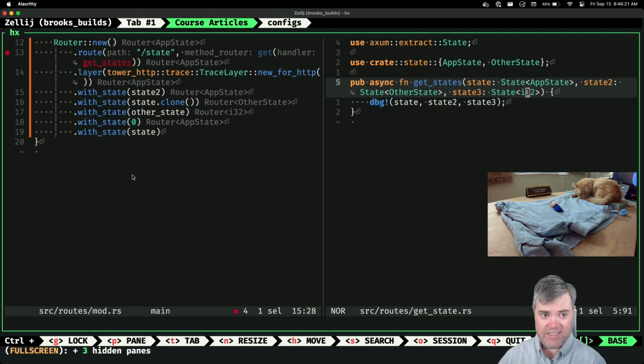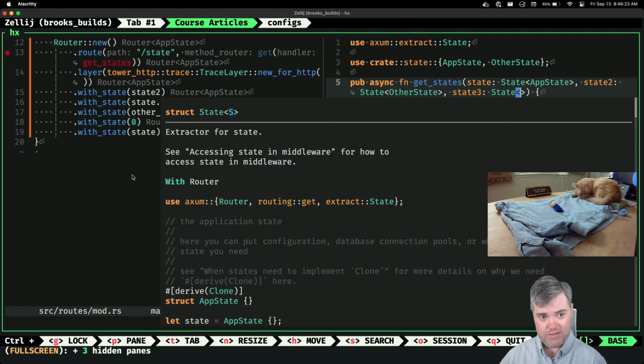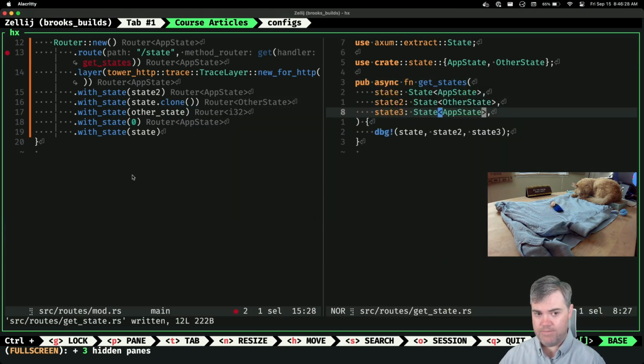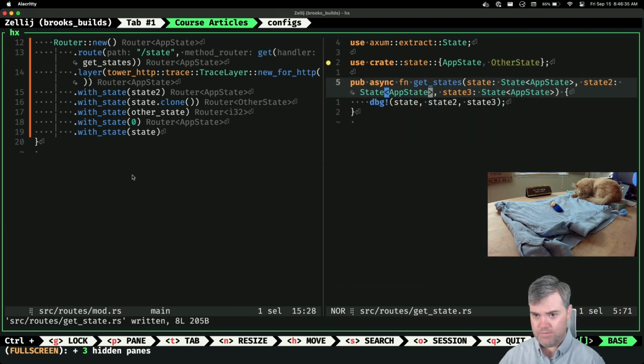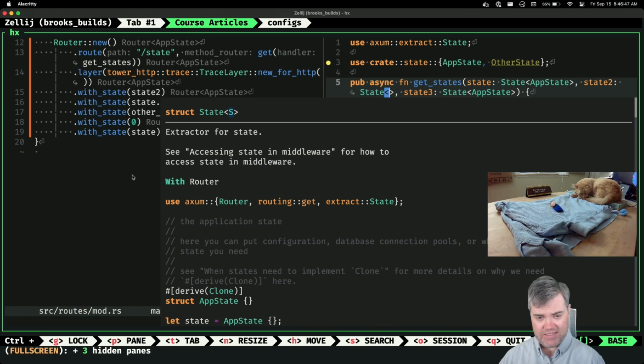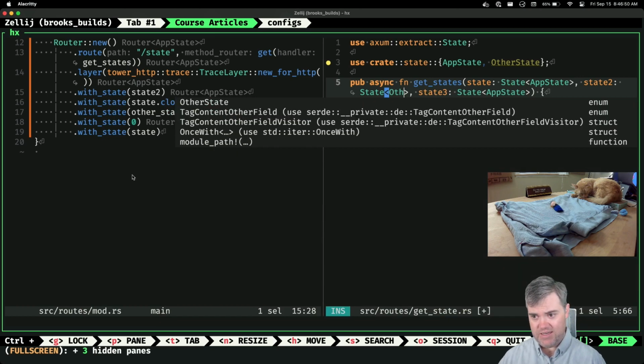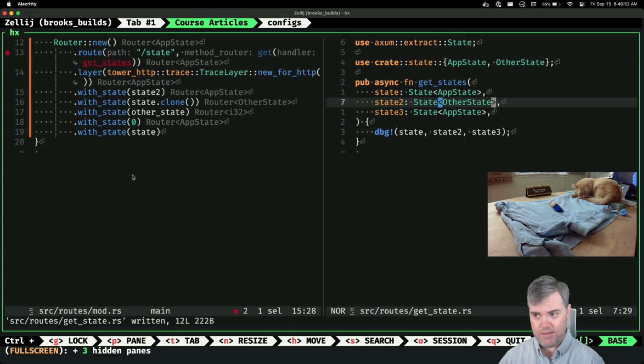Okay, so is it the I32 that you don't like? Other state? Oh, okay. Getting the same state is fine. As soon as I try to get other state in here, bam, you don't like this. That's an enum.